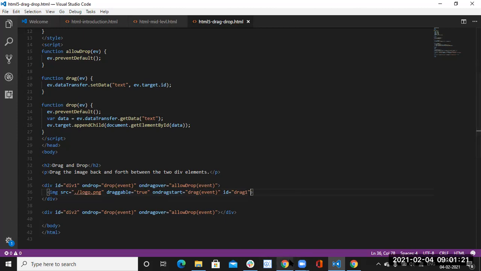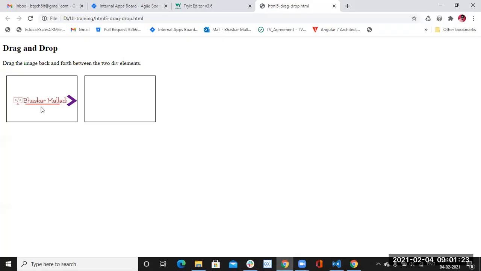I'm saving this. Now you can see this: div one, and inside that the image is there. I'm dragging the image from here to here. If I try to drag the document, it will not drag.